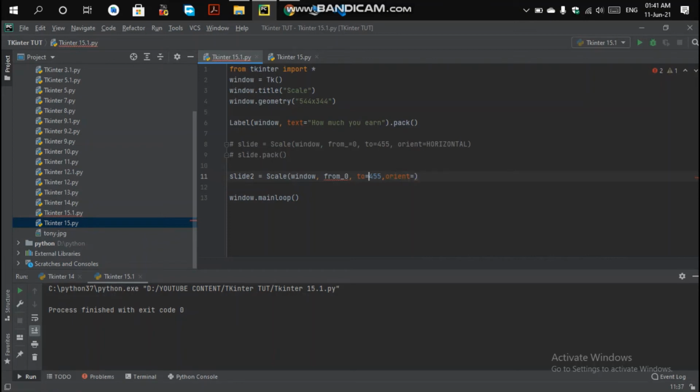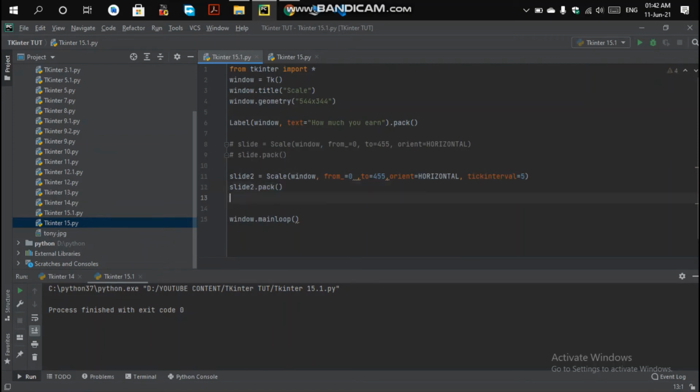Okay, that is equal to 0, and orientation will be in the horizontal direction. There is a tick interval also you can use, and I will tell you what tick interval is in the video. So tick interval is equal to 5, and then I am going to pack it, slide 2 dot pack.